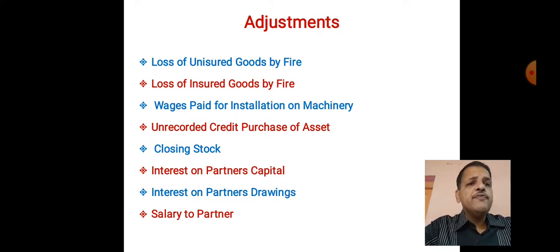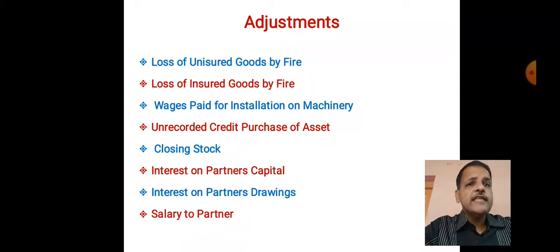In partnership firm, Mr. Y is a partner. He is having capital of 20,000 and he is getting interest at the rate of 10% per annum. So on 20,000, 10% is 2,000. So that 2,000 first effect will be profit and loss appropriation account debit side to interest on Y's capital 2,000, and wherever there is either current or capital account of Mr. Y in balance sheet liability side, we have to add interest on capital 2,000. That is its effect.